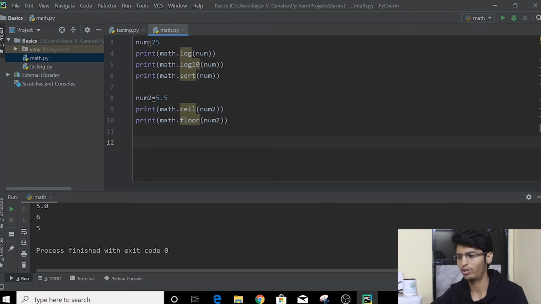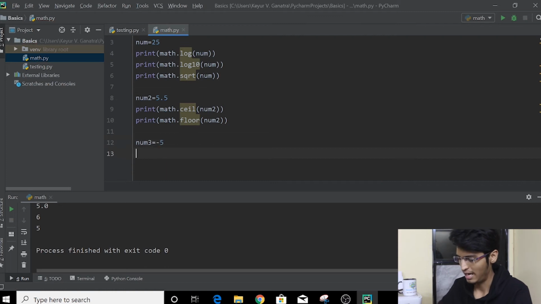So how to do that? For that, Python provides another method. First, let's define a variable, and these are very bad names that I am giving to a variable: num2, num3. Please don't do that, give some meaningful names. For now, for teaching purposes, it's okay. So let's give it as -5, and then again let's write the print function, print and math dot